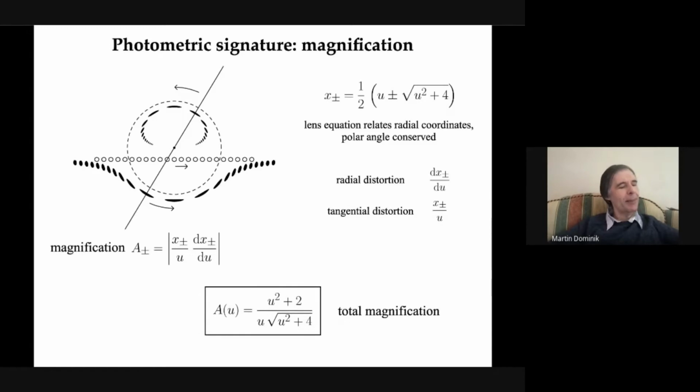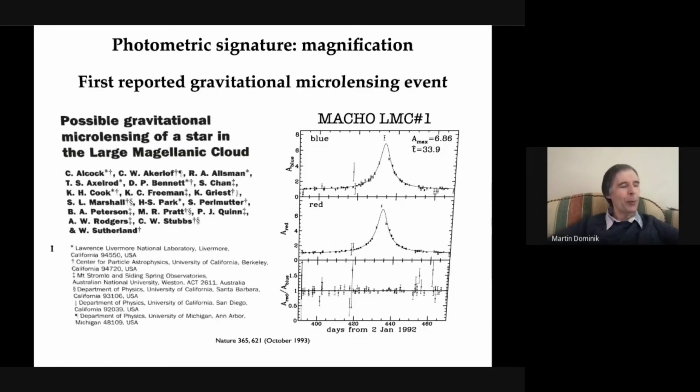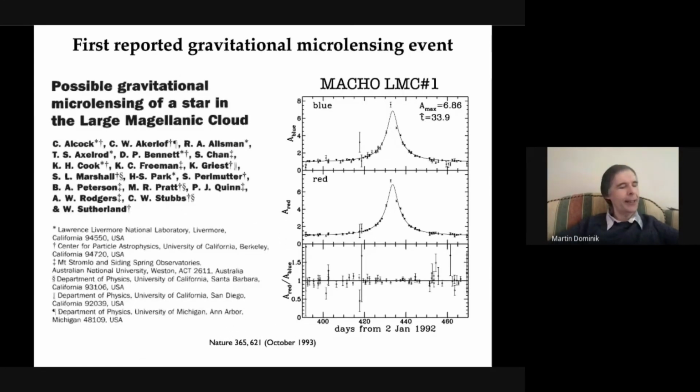As a source passes by the lens star, its images move around the Einstein circle. While we cannot resolve these yet, the fact that the gravitational light bending distorts them results in a time-dependent observable total magnification. This means that gravitational microlensing events come with a photometric signature, the first of which was reported in 1993, which was the result of a massive data processing venture impossible with the computer technology of earlier times.